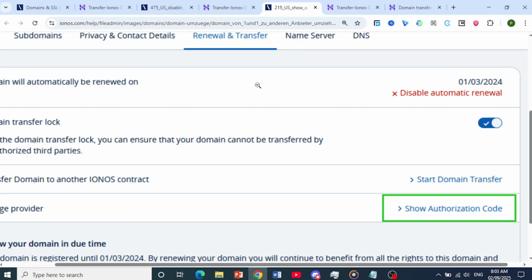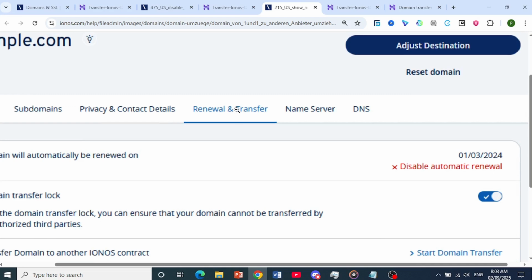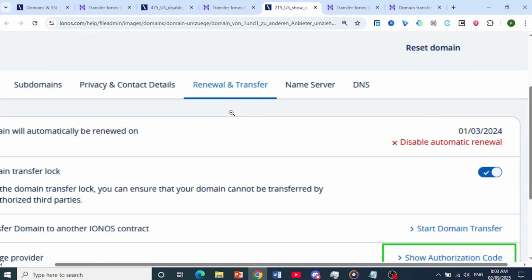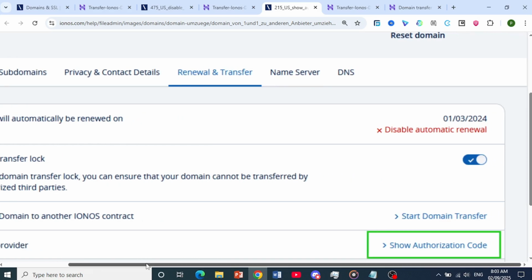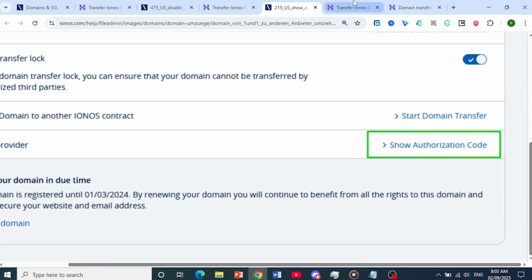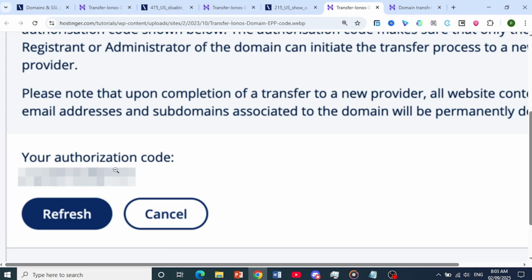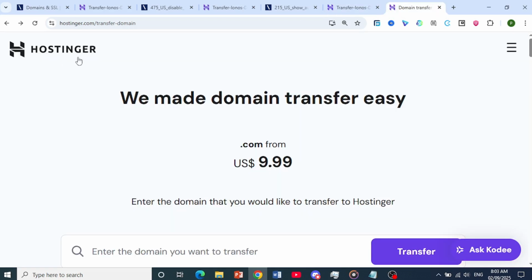What you need to do next is go to Renewal and Transfer and obtain the transfer authorization code to change your provider. So come here, click on Show authorization code, and then copy this authorization code. Once you're done with this, come here to this URL,